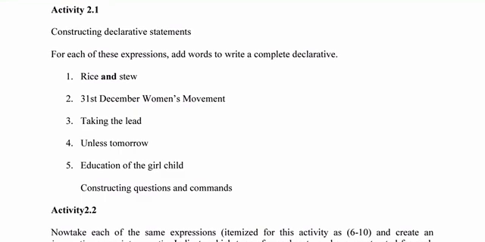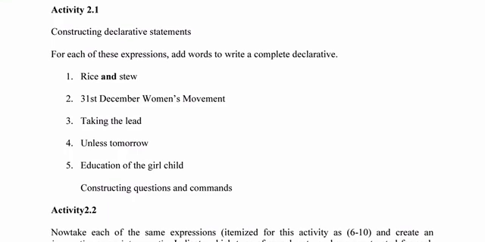So rice and stew, as I said: Kofi is eating rice and stew. 2. 31st December Women's Movement. You can say the organization 31st December Women's Movement has its headquarters at Achimota. 3. Taking the lead. You can say I'm taking the lead. 4. Unless tomorrow. You will not get what you want unless you return tomorrow. 5. Education of the girl child. Completing it becomes something like, the education of the girl child has become an important issue in this day and